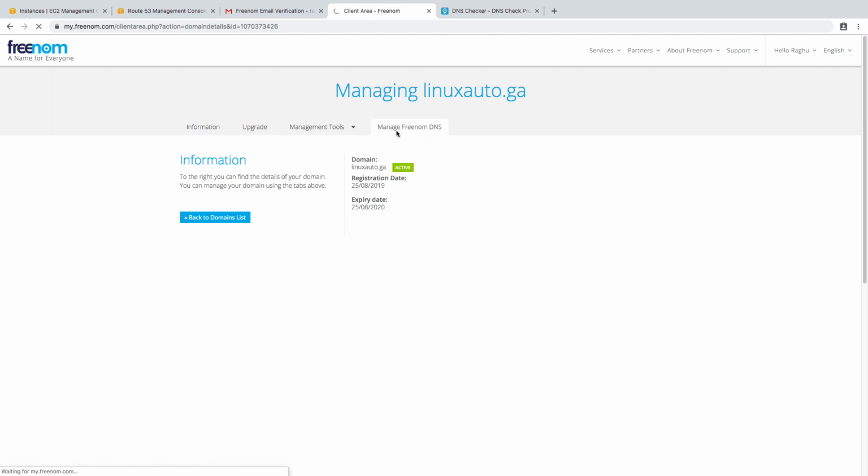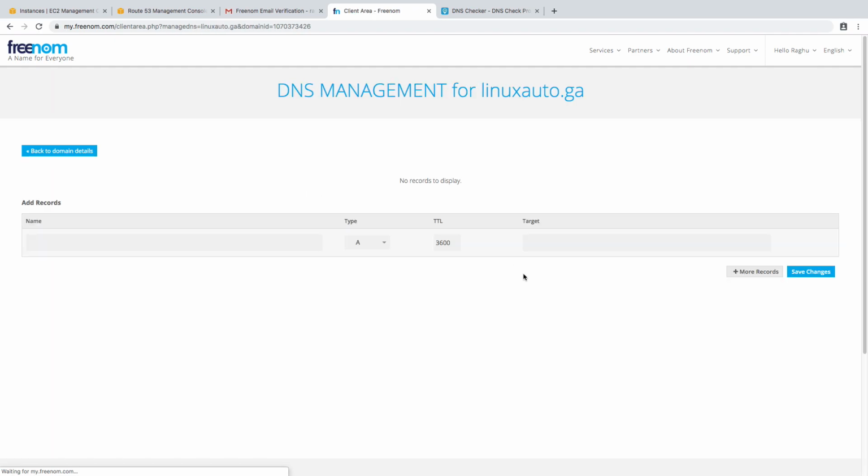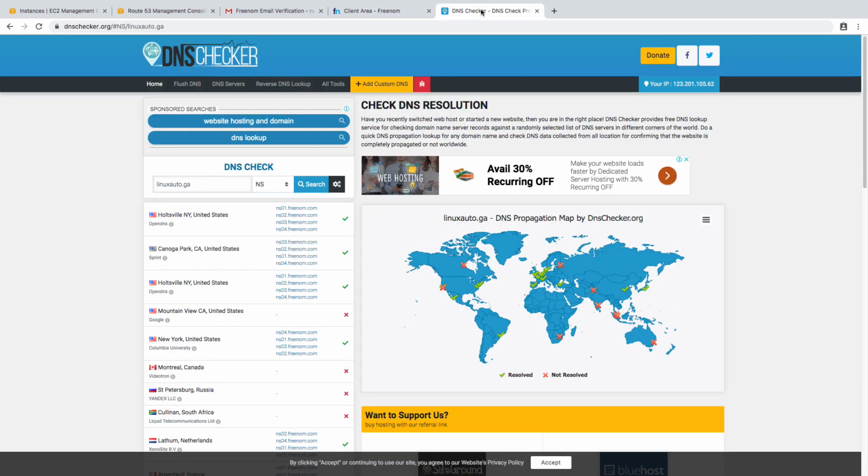If I just create a free domain, and come to DNS, now let's say I'll just give sample, and let's say it should resolve to 8.8.8.8, some IP address. Just click on save, and I just want to get it checked from DNS checker. So the DNS record has been created, and I'll just go and give sample